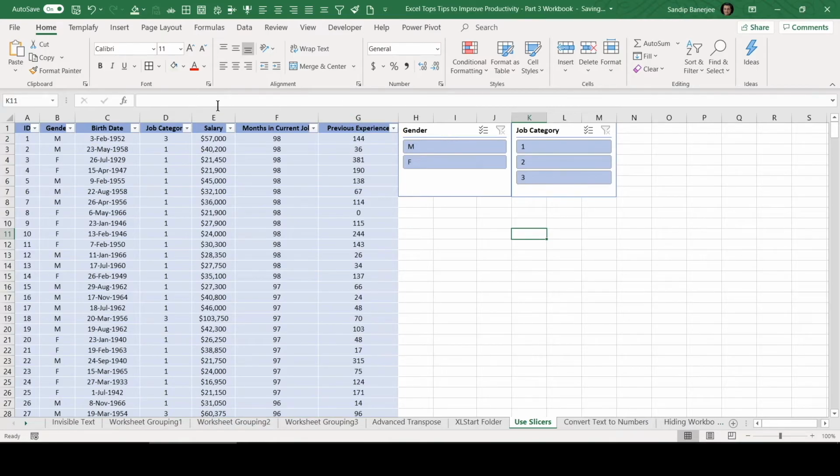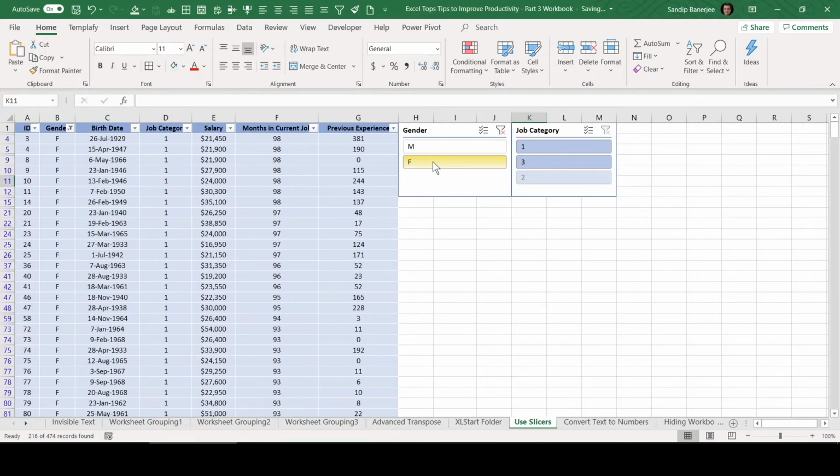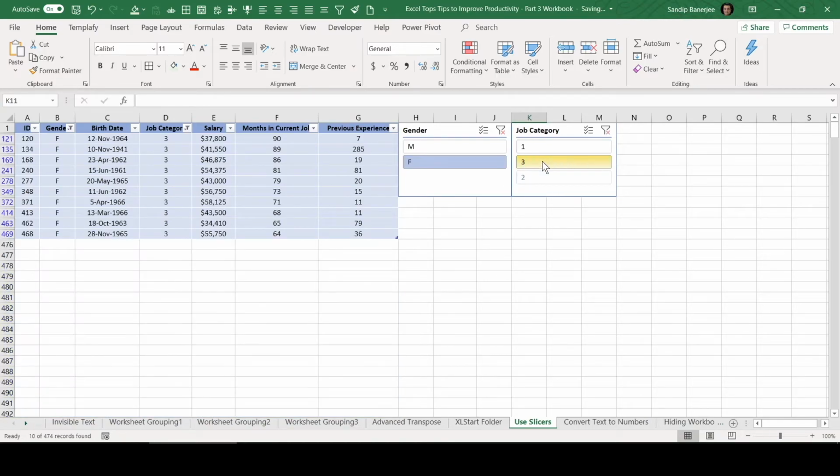Now without using that filter, if we click here, this data table will change. Let's see how it works. If I select only female here, let me click on F, and then I click on job category 3, I'll be able to see all female candidates who are in job category 3.